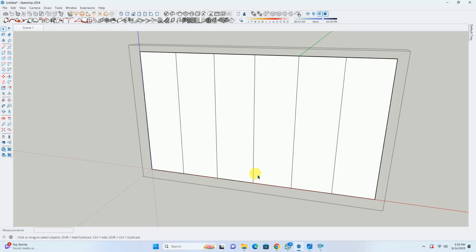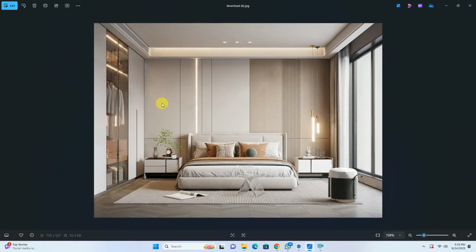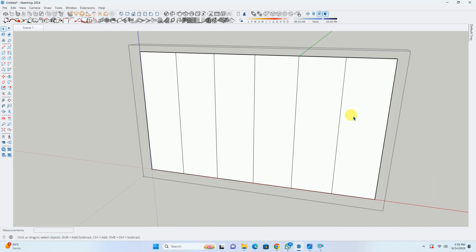Now this first segment will come under deco polish. The second segment will also come under deco polish. The third segment will also come under deco polish. But the last 3 segments will be covered with what? Over here. So the last 3 segments will be from over here to here, right?